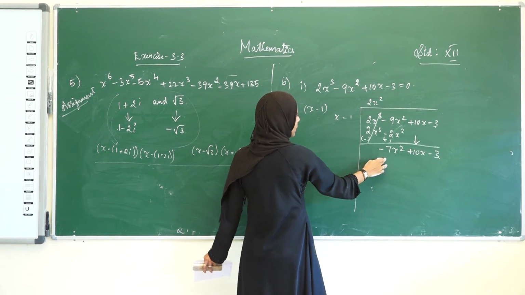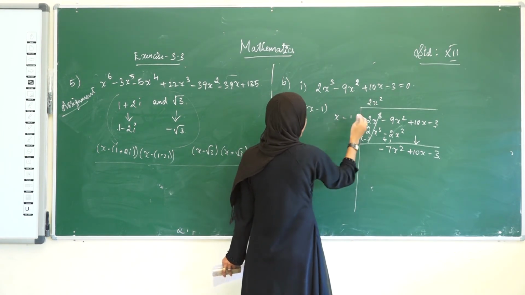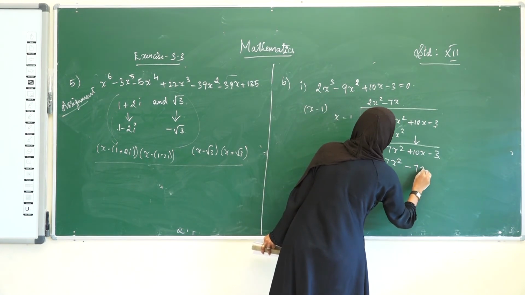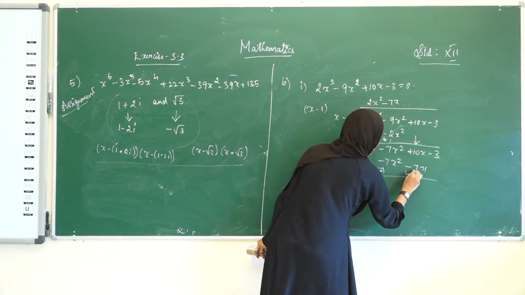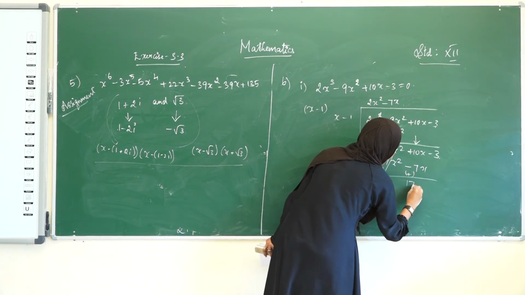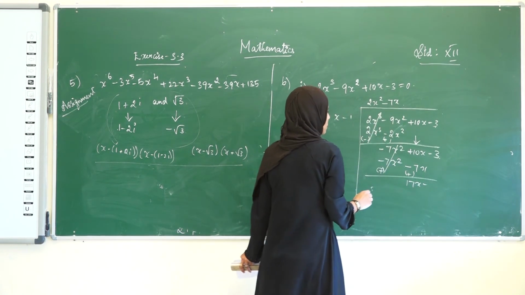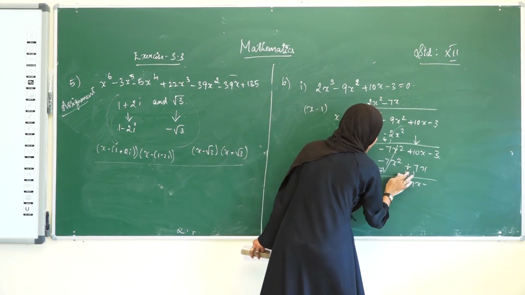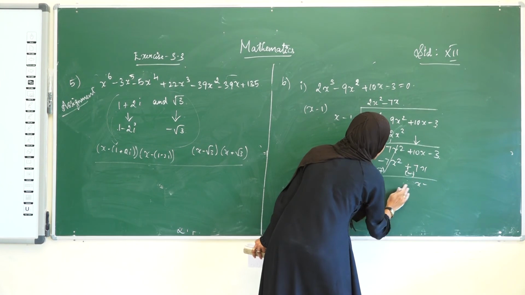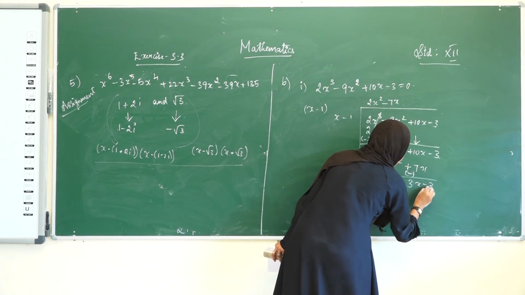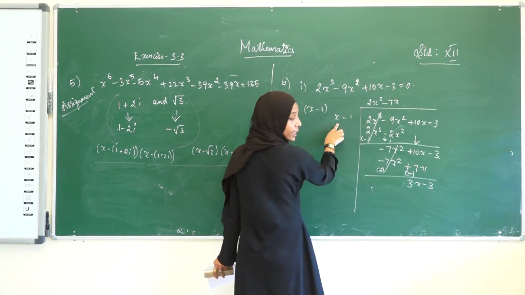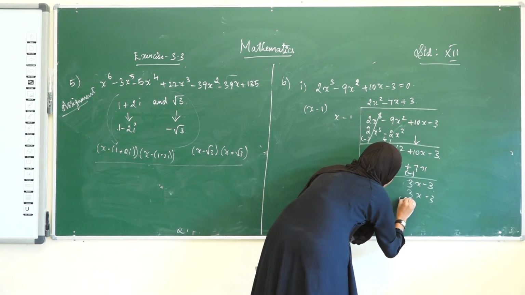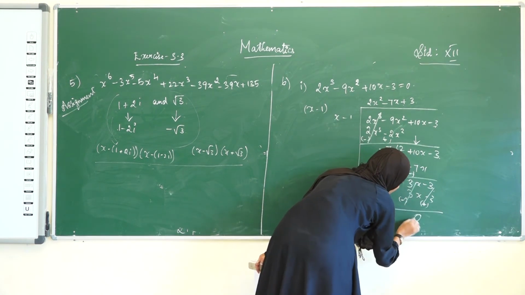Okay, and then consider the first terms. Here it is minus 7x square, here it is only x. On multiplying this with minus 7x, we get minus 7x square minus 7x. We change the symbol, plus here, and here it's also plus. So 10 plus 7 is 17x minus 3. See, here it is minus into minus, here it is plus. Okay, this is 3x minus 3. Consider the first term again, here it is 3x and here it is x, and multiplying this with plus 3, we get 3x minus 3. We change the symbol again, therefore we get the remainder 0.